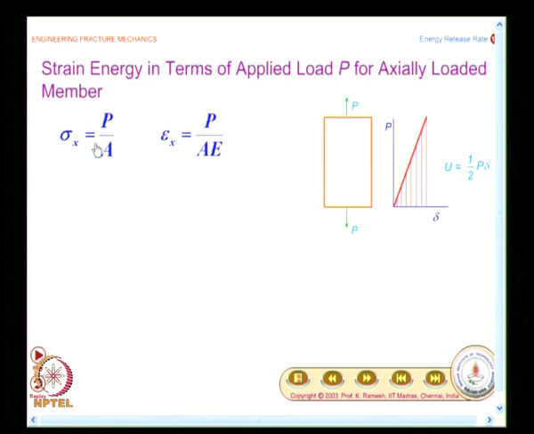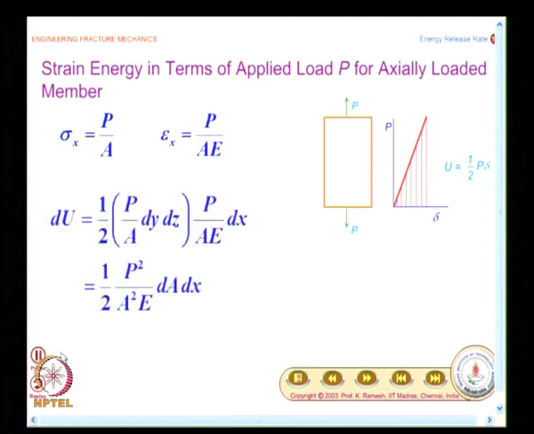We have written sigma x is nothing but P by A, epsilon x equal to P by AE, and dU becomes, we have already seen, sigma x into epsilon x is the way that we have looked at. So, if you look at it in this fashion, you get this as 1/2 of P squared by A squared E into dA into dx, that gives the volume,